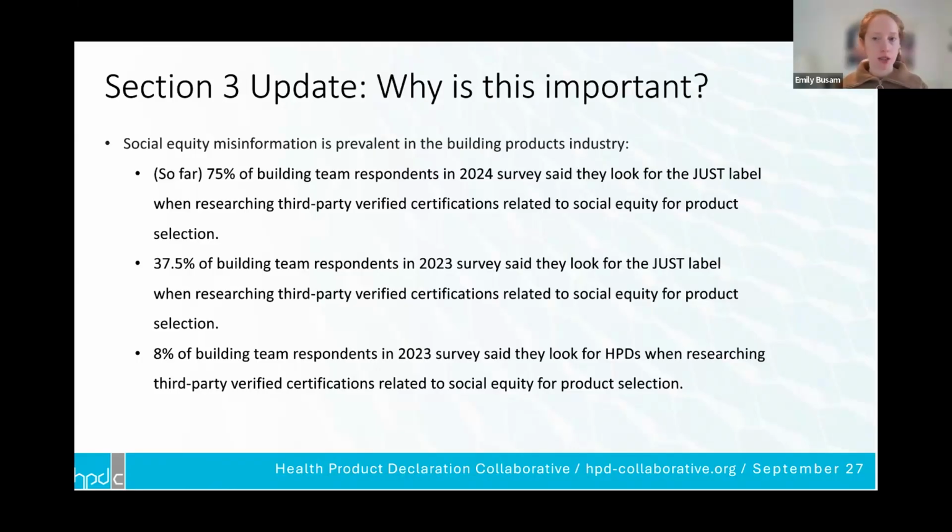And as many of you I'm sure know, the JUST label is not third-party verified, and it's not even a certification, it's a self-declaration. We also found that from last year, there were building design teams who thought that HPDs were certifications and third-party verified. And so just from this survey, we learned that there's a lot of misinformation and that there's an opportunity for us to provide more education to the community around social equity compliance types.